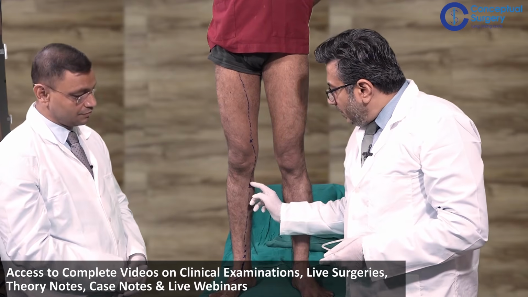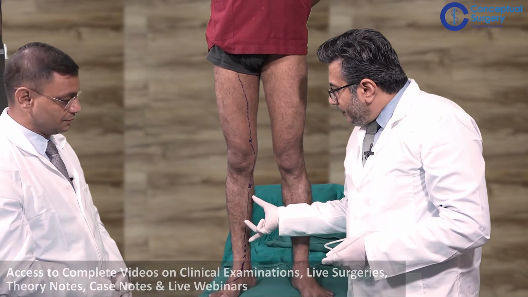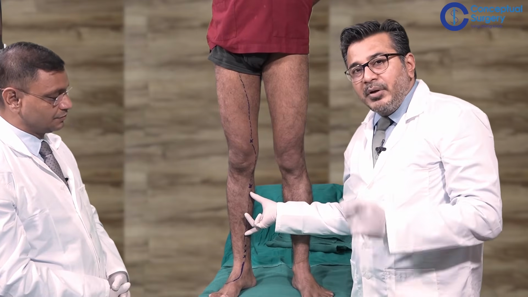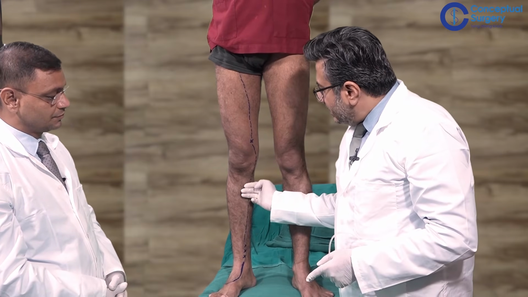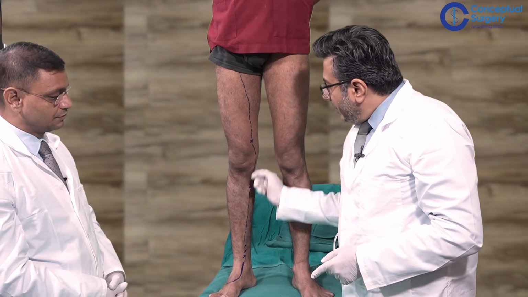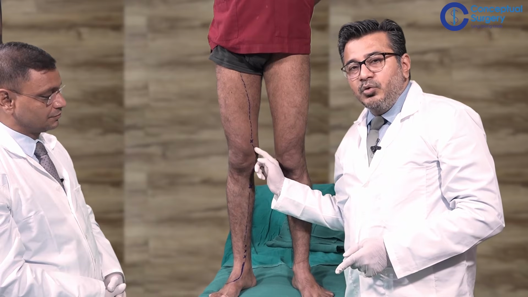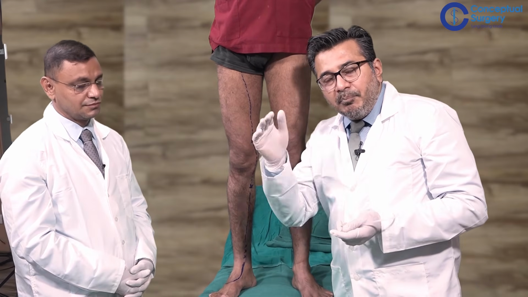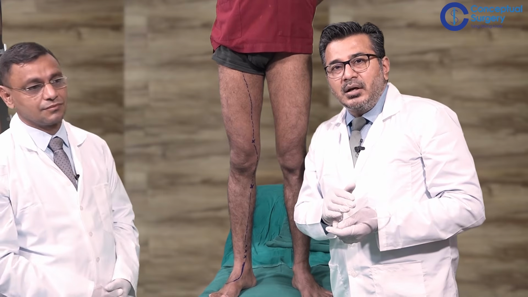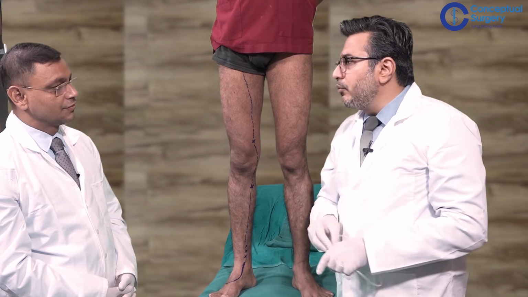So maybe you release the first 3 tourniquets and you don't find anything filling, but as you release the next one, just below that, you find that this section of the vein is filling up. Whichever section is filling up, the perforator above that is incompetent. Remember that. In the multiple tourniquet test, when you release a particular tourniquet, whatever perforators are below that section are all incompetent, because the blood starts coming up from there. This is how you perform the multiple tourniquet test.